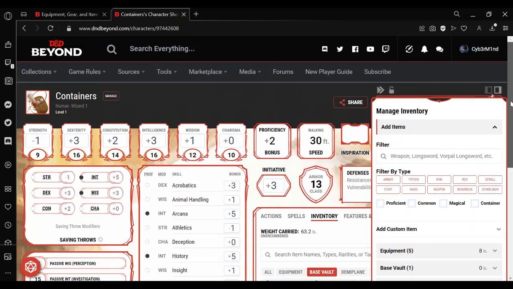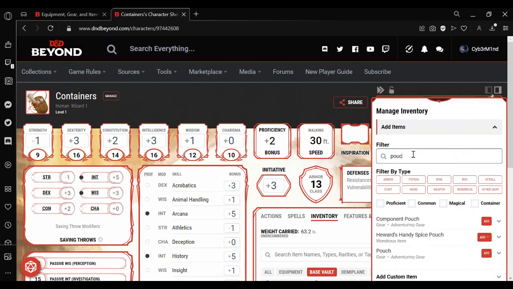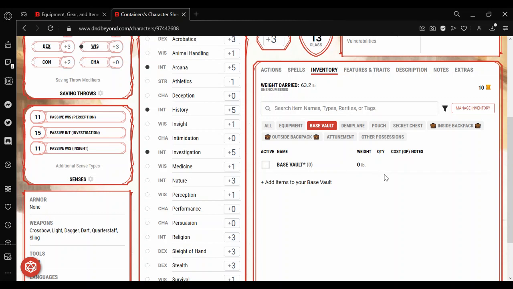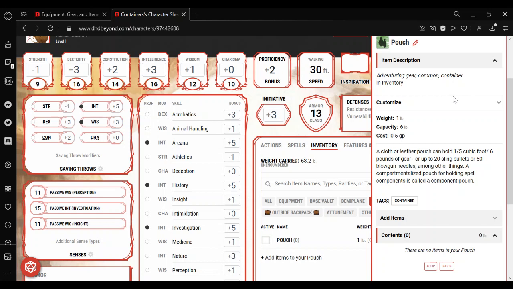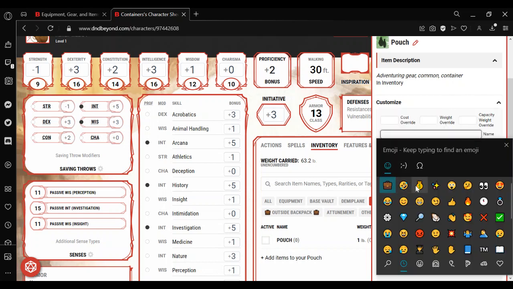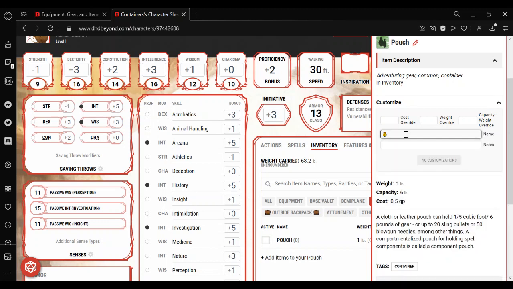There's also an extra feature when it comes to coins, because you can choose where your coins go. So I'm going to add a nice pouch, because you're supposed to get a pouch with the starting equipment, even though it doesn't show it. And I would customize these. So emojis, I would use my emojis. I use the money bag one, even though technically the pouch is supposed to be like a flap rather than actual like a sack. But anyway,